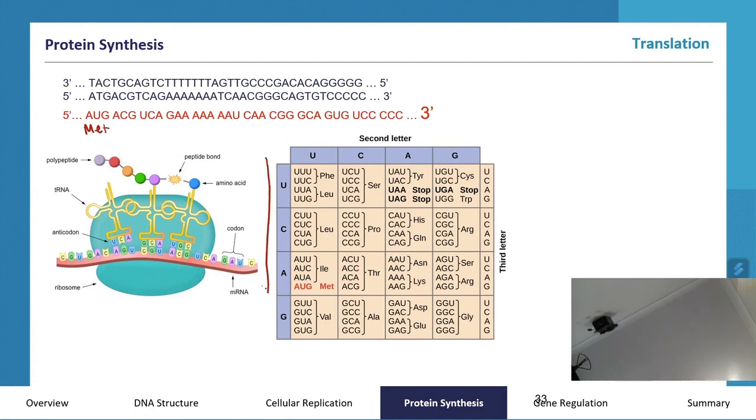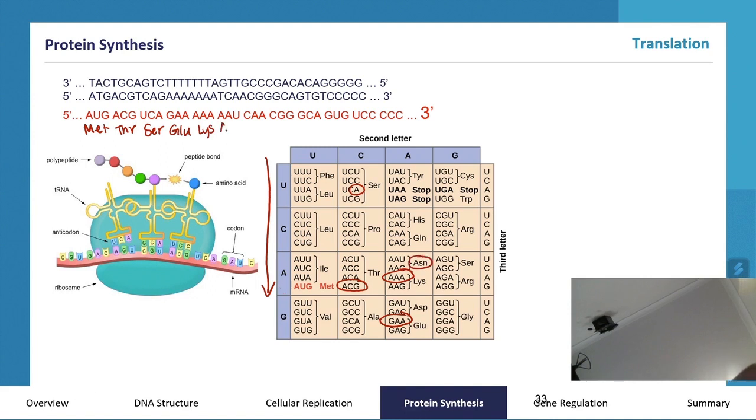So the way that you read it is you go down this line first. ACG, which is THR, UCA, which is serine, GAA, glu, AAA, lysine,